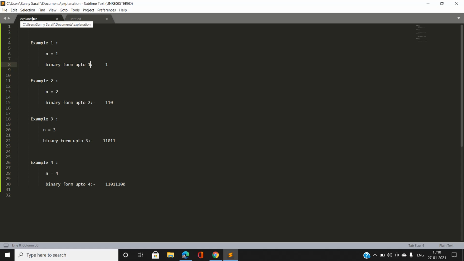Suppose we have another example here. Let us understand how we are going to apply the optimized, efficient solution of this question. Suppose we have n equal to 1, so the binary form up to 1 is 1. In this case we have the answer as 1 because there is a single 1. And suppose n equal to 2, so first 1 is appended, and again 10 is appended to its back. In this case our answer is 6. And in this case n is equal to 3, so we are getting the answer as 27.